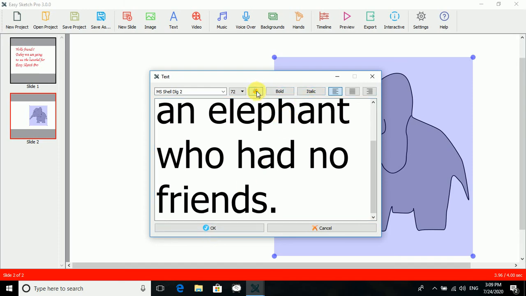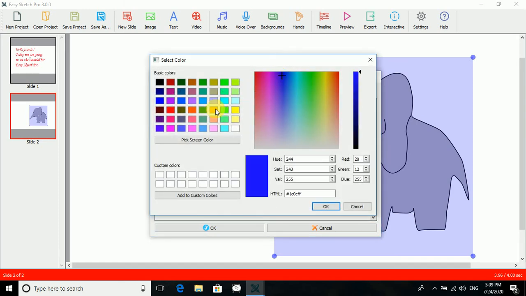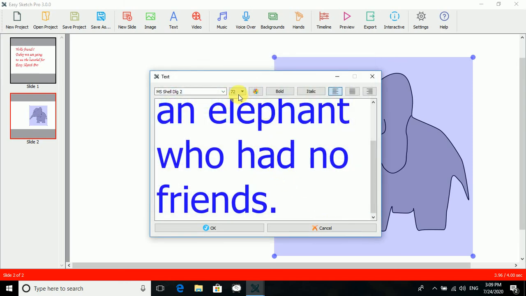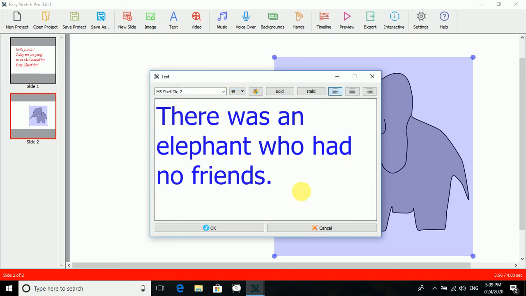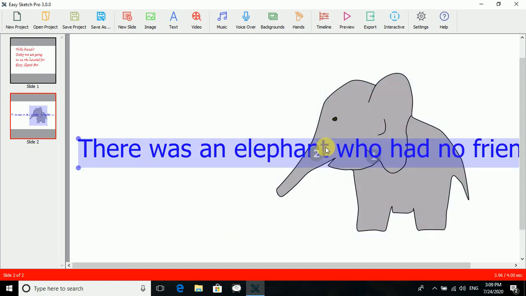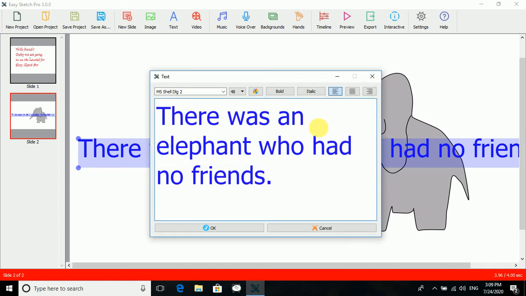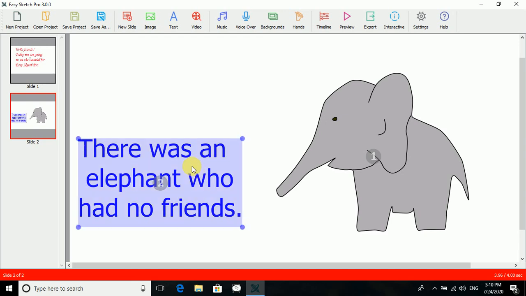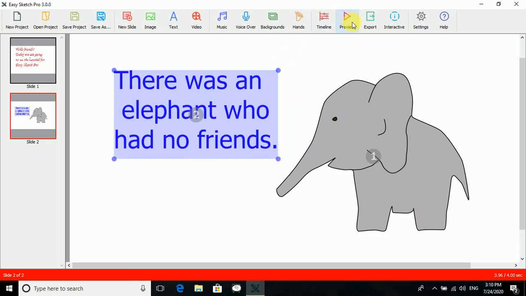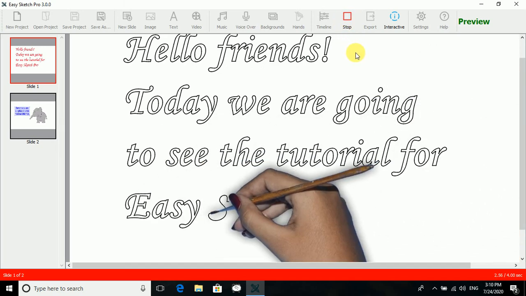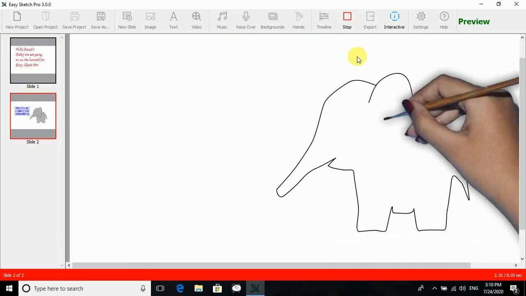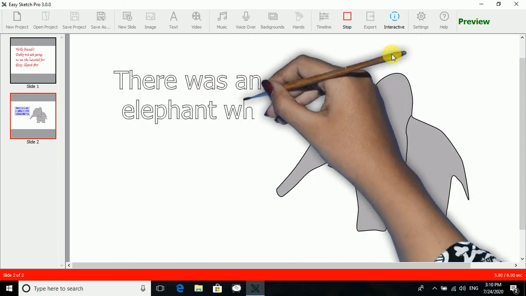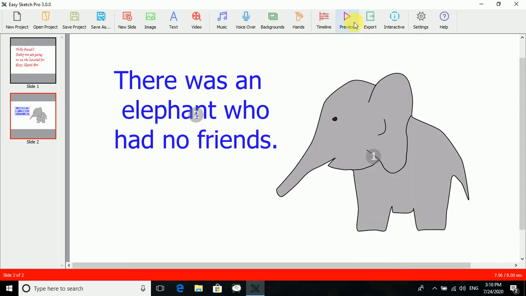Give the color, whatever. As I've told you, the steps I've already given, you have to click on color, click on the size and click on OK. As you can see, everything is being covered over here, so we will make an edit over here. This is the way that we can do it, and now you can see the preview of it. There is a benefit that you can change it into a video.